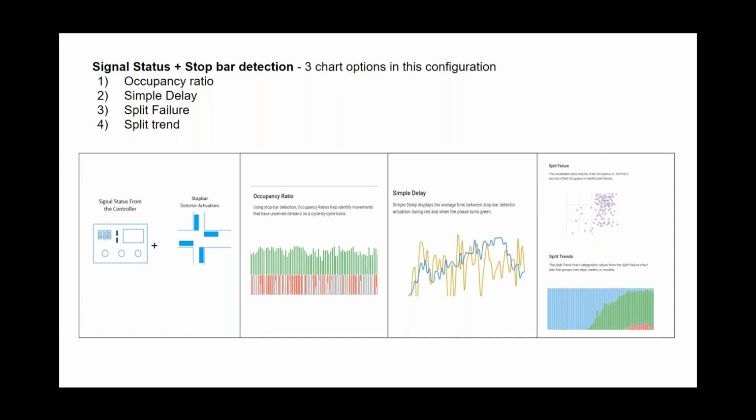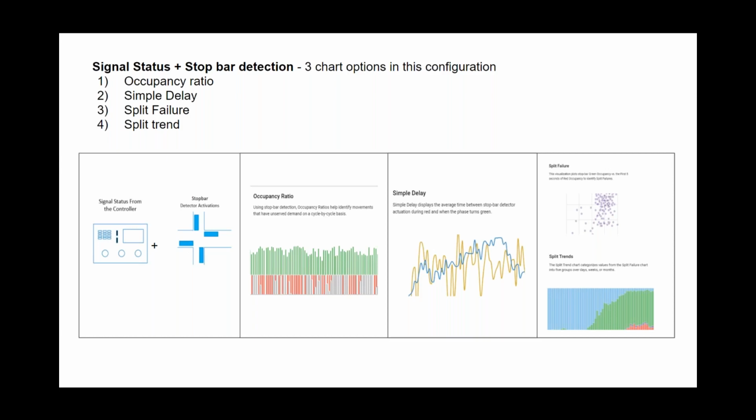One of the major concepts that our traffic engineering team focuses on, and one of the major items to really assess success of progression or the demand at the intersection being served properly, is the concept of a split failure. We're going to talk a little bit about a split failure for the next little bit. It is a big concept in how our tools work and where some of even our intersection health alerts come from. And over the last few months, I think I focused quite a bit on talking about intersection health without really talking about what is a split failure.